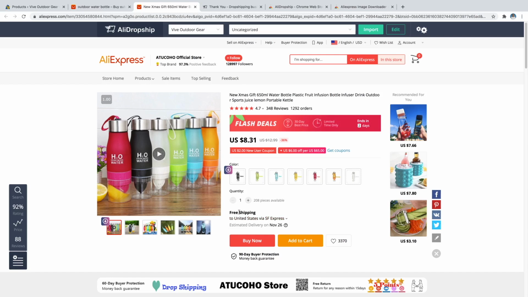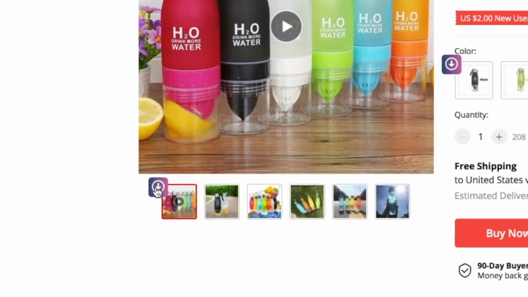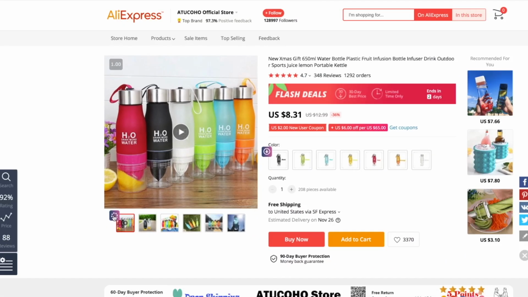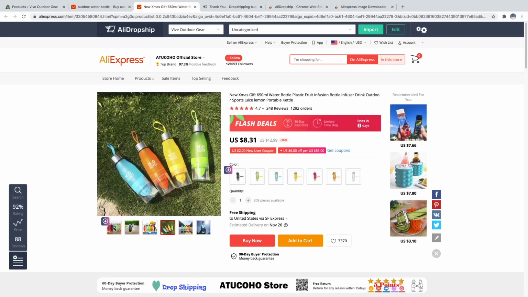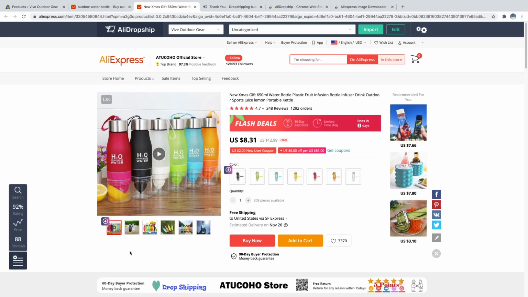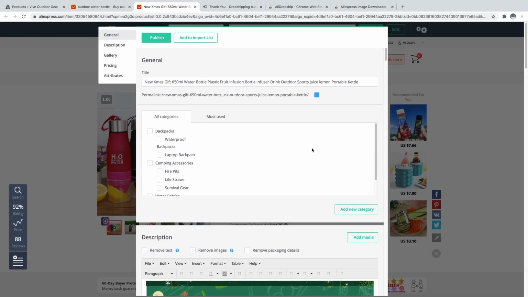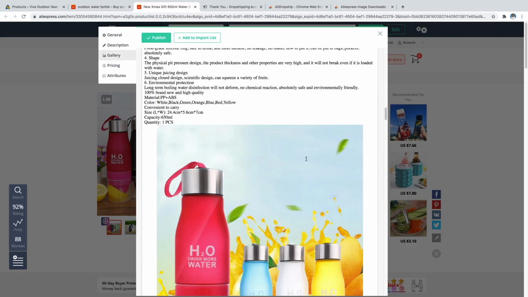And the other thing that I want to mention is that if you ever want to download these images in order to edit them yourself, you can just click on this button right here. And that's going to instantly download them to your downloads folder down there. And then you could re-upload them on your site after making whatever changes you want. But also, if you were to just click on edit and then scroll all the way down to the image gallery at the bottom,